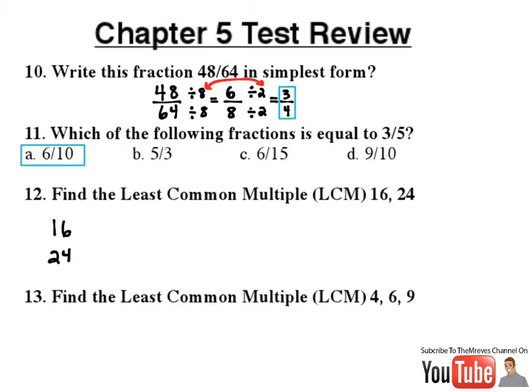So multiples of 24: 24, 48. Okay, and we could go on and on. So I'm going to go one spot, and then I'm going to do the top for 16. Multiples of 16 are 32. And I'm going to keep on checking, so 16, 32. And then I add 16, or 16 times 3, or 16 plus 32. That gives me 48. And as soon as you find a number that they both meet, that first number, that's